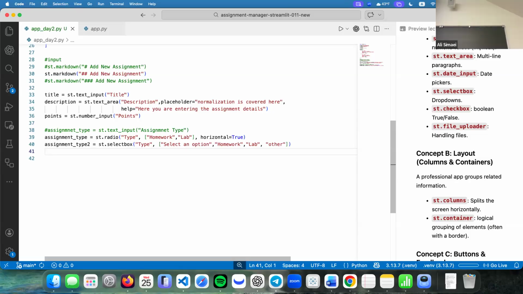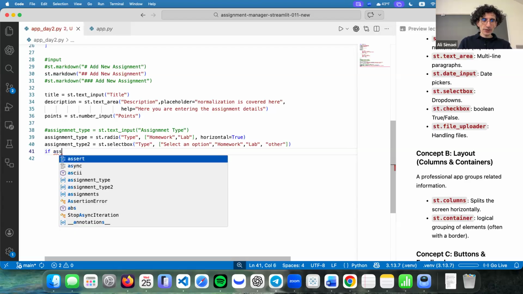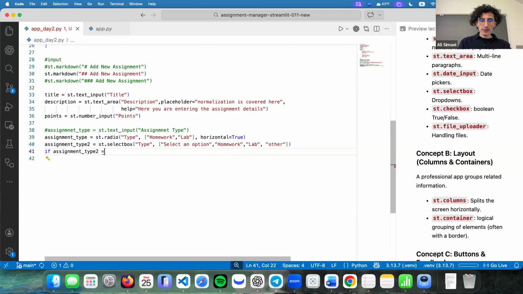Not just a design decision, but also depends on what kind of inputs you can collect. You can allow the user to provide a specific variable. Again, it depends on the database too, how you're building your tables, or if they can be null or not null, or what kind of information. So then I can say if assignment 2 is equal to other,